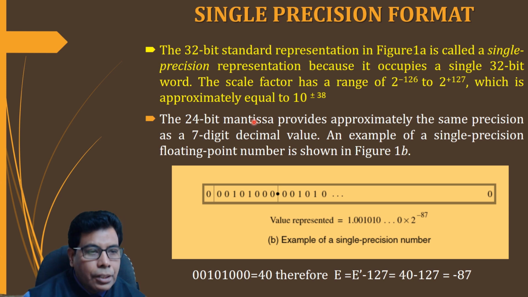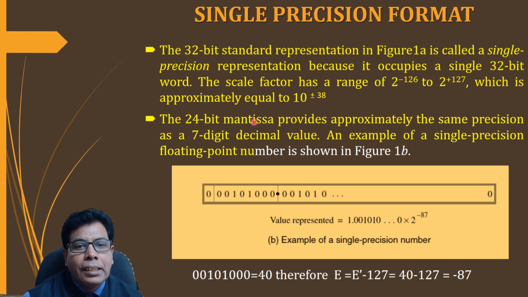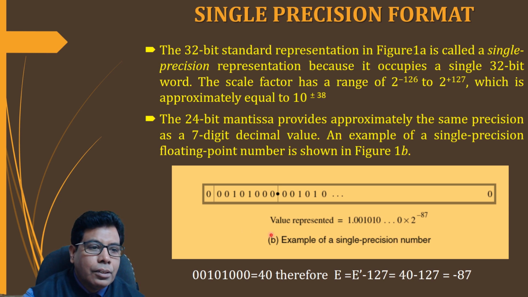Then the 24-bit mantissa provides approximately the same precision as the 7-digit decimal value. So here this is the example. We are again repeating the same example. So this 0, 0, 1, 0, 1, 0, 0, 0, so that is nothing but 40. So that represents minus 87 because 40 minus 127 is minus 87. So this is the exponent part. Then 0 here means it is a positive number, and the